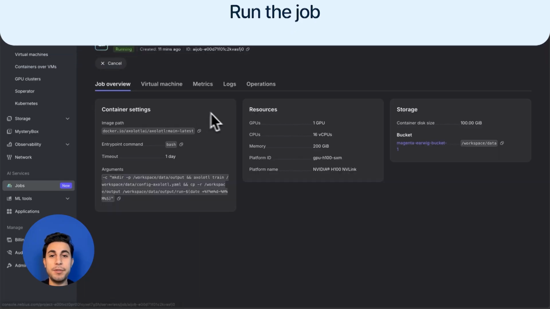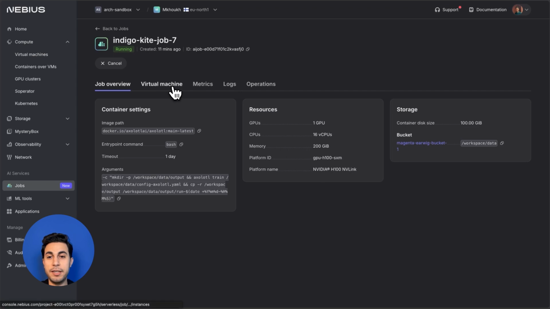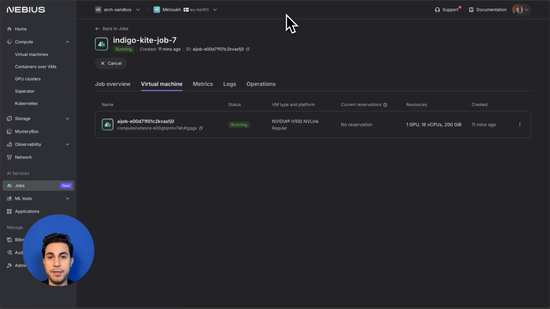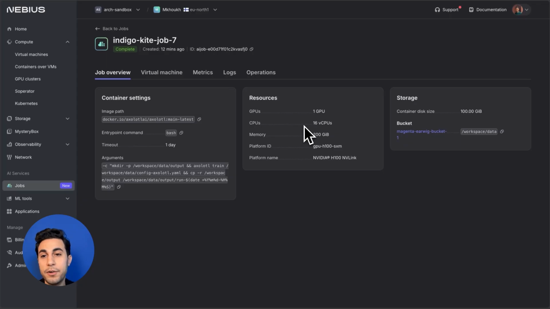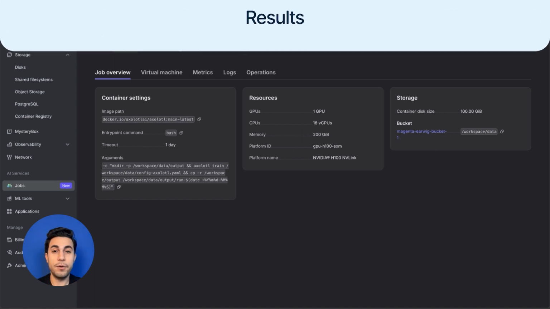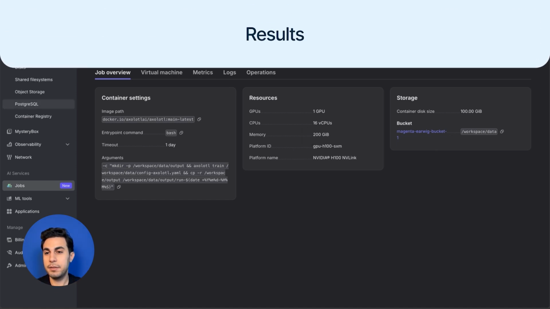When the job runs, Nebius creates a temporary GPU virtual machine that you can get access to through your SSH key, pulls the Axolotl image, and mounts the object storage bucket. Axolotl then downloads the base model and dataset, runs LoRA fine-tuning on the GPU, and writes the adapter weights to your object storage bucket. While the job is running, logs are streamed directly into the UI, where you can also check them. Once our training finishes and our job is complete, the job stops and the GPU VM is automatically shut down. Now, I can go back to my object storage bucket,